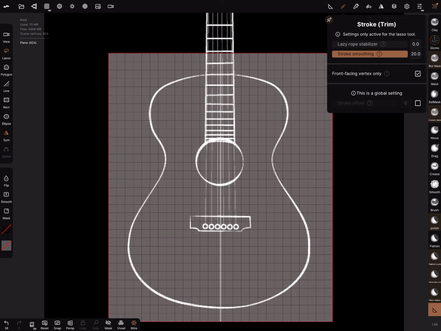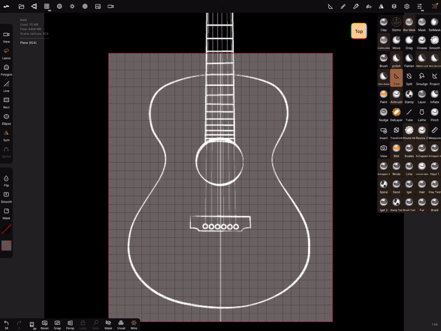And I turned on the stroke, I increased the stroke smoothing to maximum, and lazy rope stabilizer 0. Symmetry is on, lasso tool is on, and I try to trim the shape of the guitar.